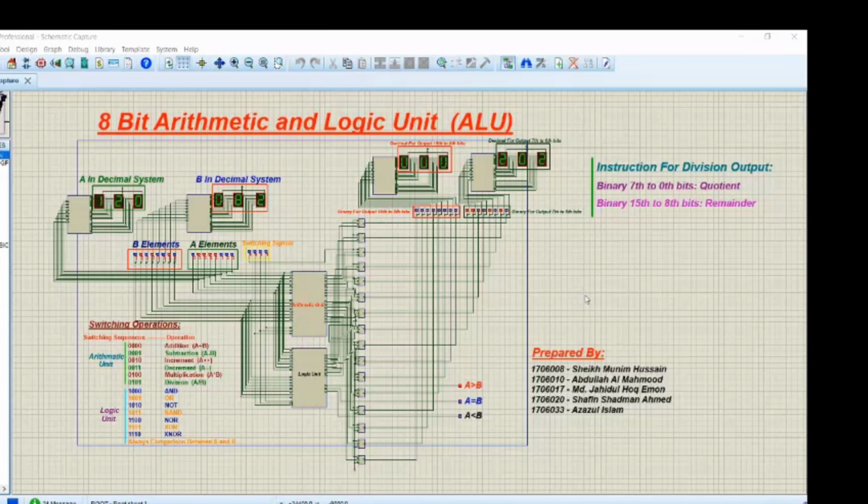Our project is an 8-bit arithmetic and logic unit. Here the system will take two 8-bit numbers as input and will perform various operations on them. Here is our arithmetic block and here is our logic block. Now if we go to the child sheet of our arithmetic block,